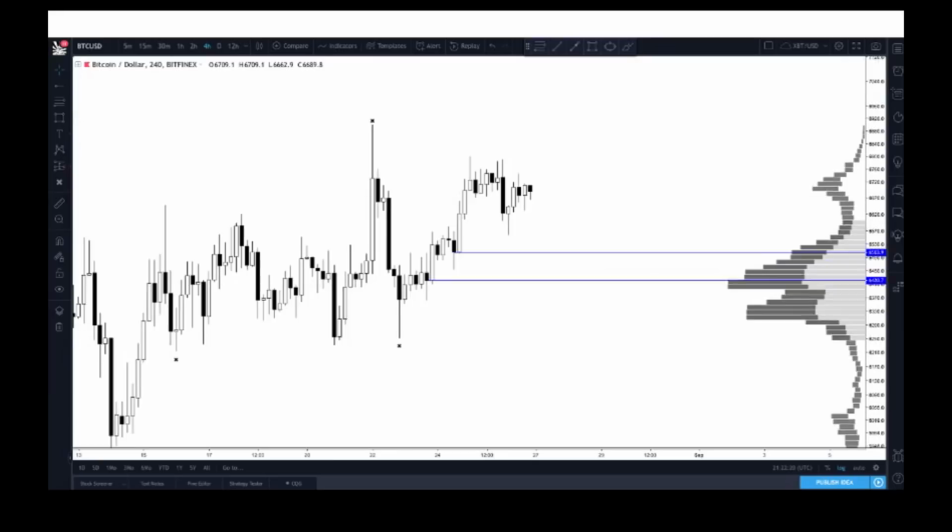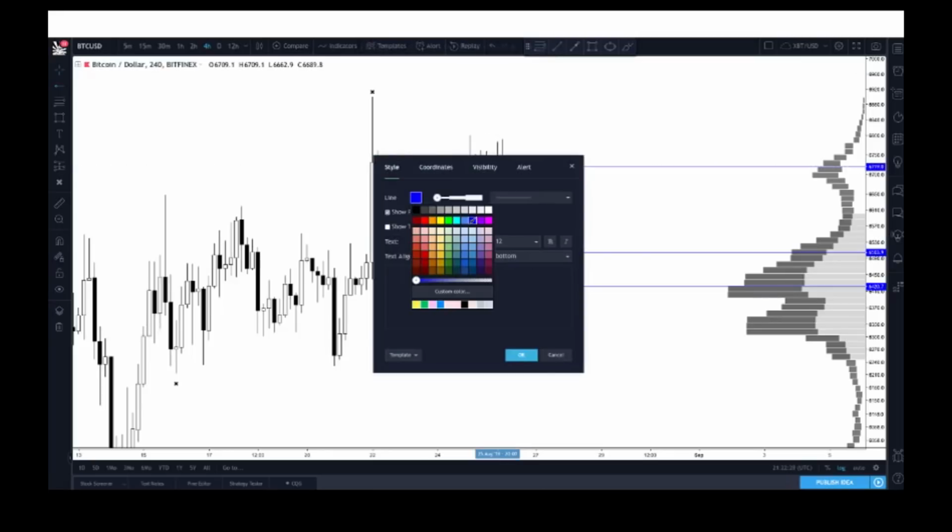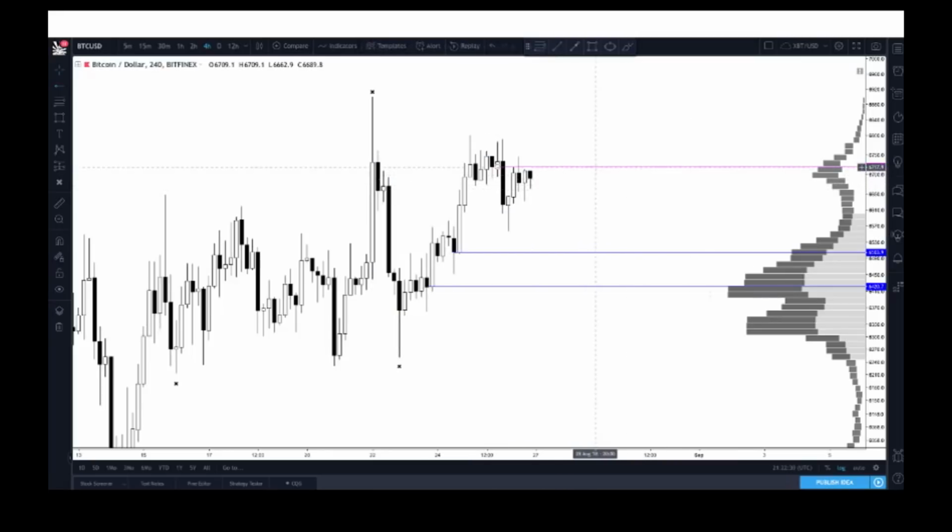We have a 4-hour bearish order block right over here at 67.19. This was the up move before the down move, the up move before the down move that caused a break in market structure. And for this one, I'm using the opening price of the candle. As you can see here, we've had nice reaction towards it. I considered that if we broke above this and closed above on the 4 hour,